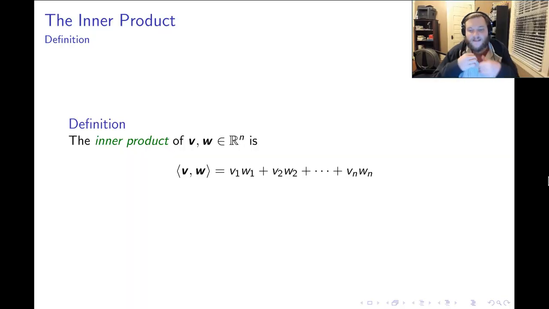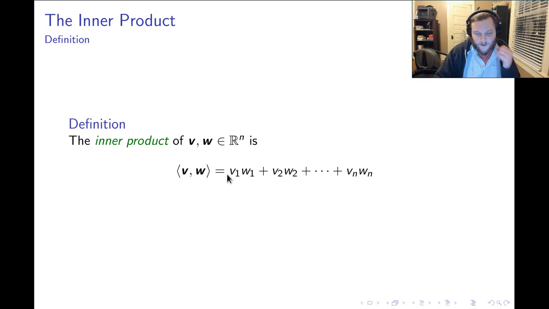So the last thing that I want to introduce here is the inner product of two vectors in Rn. By definition, the inner product of two vectors v and w in Rn is defined notationally with this bracket notation. So we'll write bracket v comma w close bracket. And what we're doing here is we're taking the corresponding coordinates of each vector, multiplying them together, and then adding